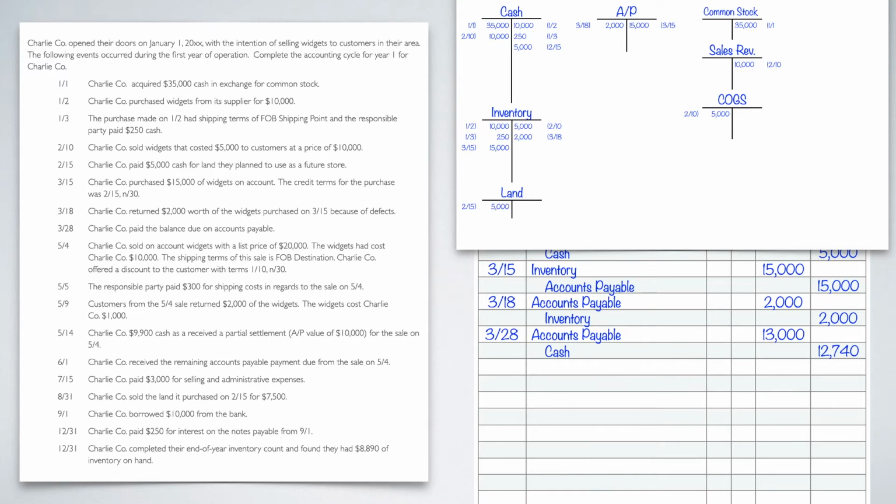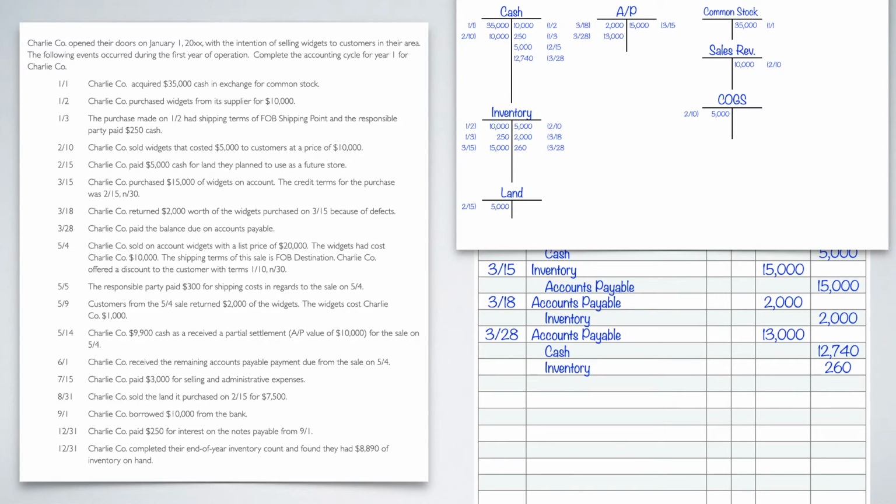Now this last piece, which is the 260, where do I put that? Well, I have to take it out of my inventory because I'm lowering the value, or the cost, of what it cost me to obtain that inventory. So that inventory is not worth 13,000 to me anymore. It's worth 12,740. Well, it's on my books for 13,000, so I need to lower it by the 260. So I will credit inventory by 260. Yes, I understand that we're not losing physical inventory, but we are losing value of the inventory, and that's what we care about in inventory in financial accounting. All right, so I put that in my T-tables. There we go. All right, so that took care of that one.